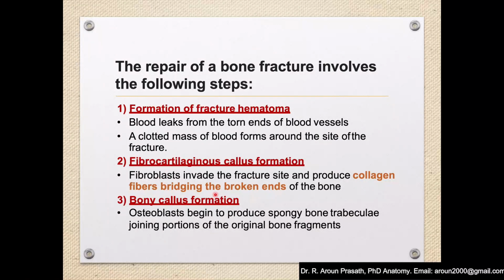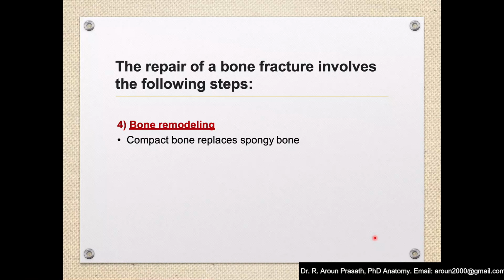Okay, there are fibers bridging the broken ends of the bone. These are the osteoblast cells, immature bone cells, forming a callus, a thick sponge-like tissue, in the fracture site. That callus will go in for hardening. In this process calcium is very essential. Only when there is calcium will the callus go for hardening. That's why when there is a fracture, patients are given calcium supplements in order to increase the supply of calcium for bone callus formation.